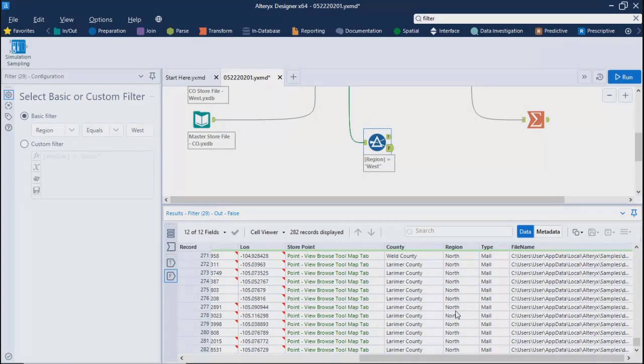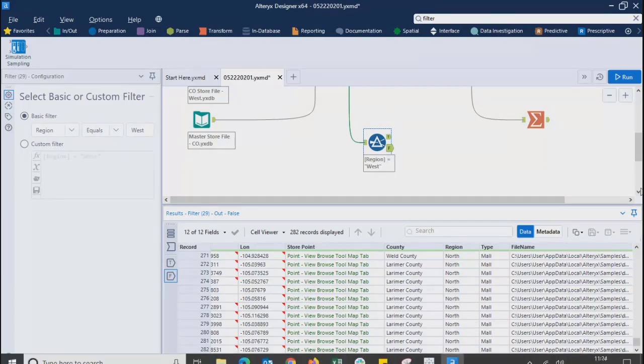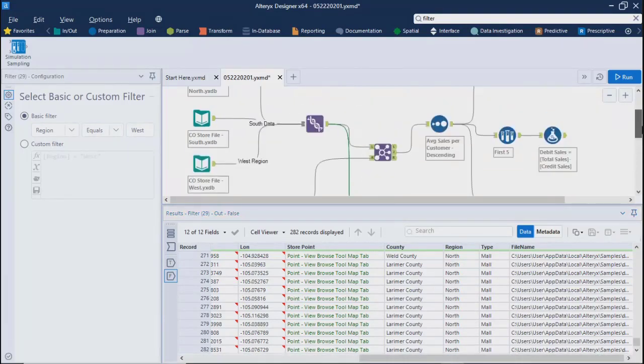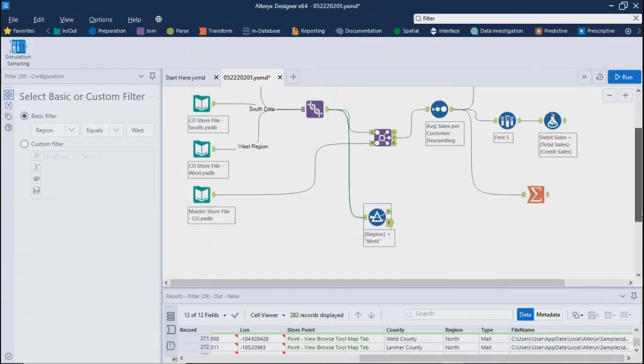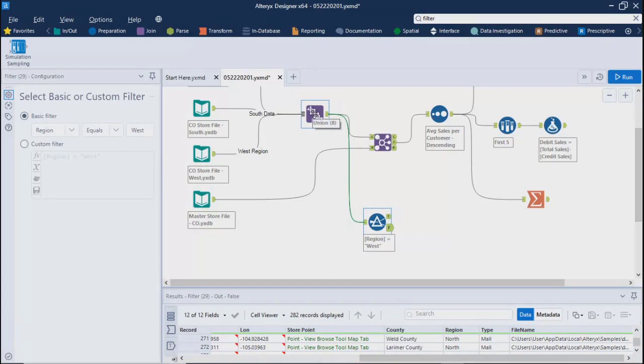Clear? Yeah, here it's clear, but my question is why was the data not coming previously, only West? We used the union to combine, so if we are combining all three columns of data, the data should come at least.